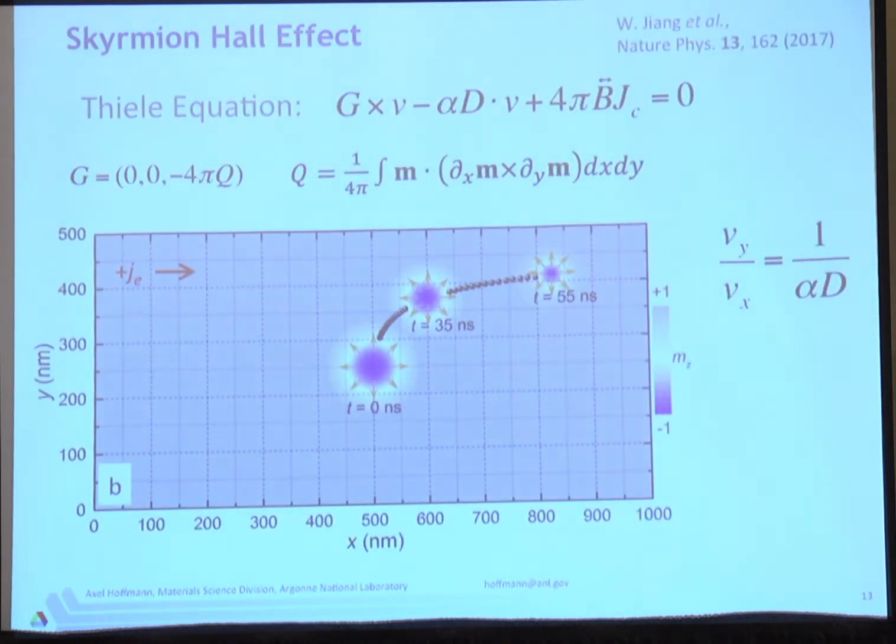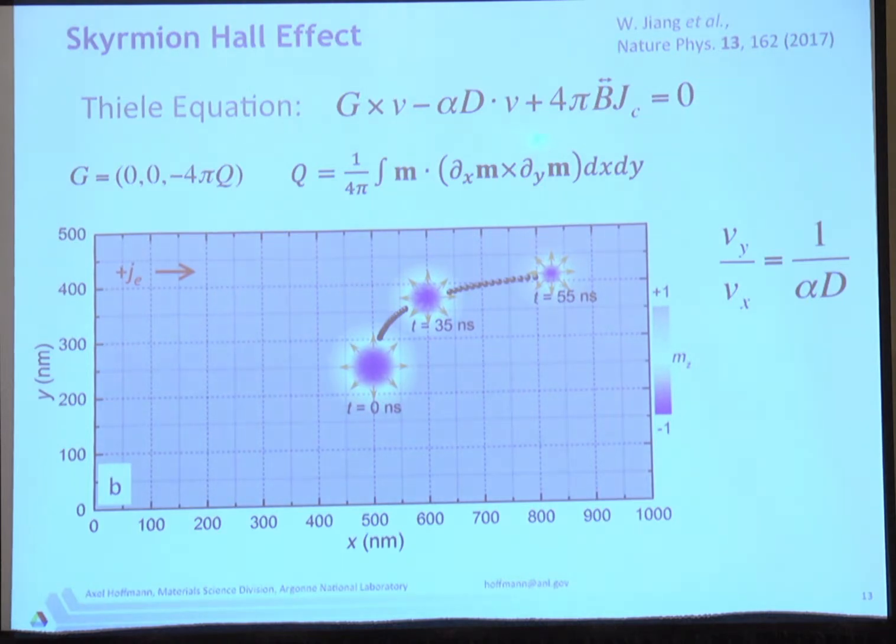You do see this if you do a micromagnetic simulation. Let's say you make a slab of a material, put a skyrmion in the middle, you drive it with an electric force, you see the skyrmion moving initially sideways until it gets close to the edge where it's repelled, at which point it starts moving parallel to the applied current. You can also analyze this more carefully by taking the LLG equation, assume you have a rigid skyrmion, and transform